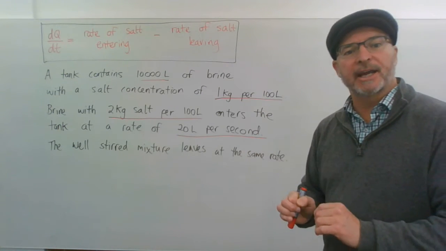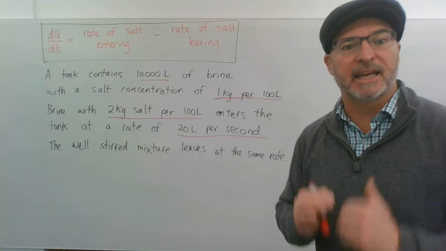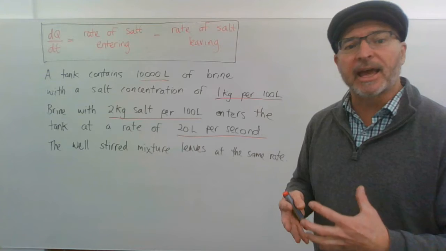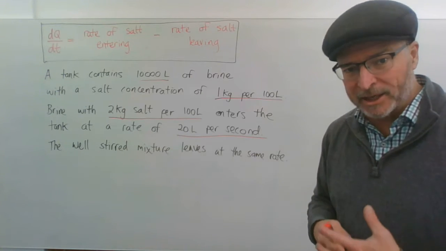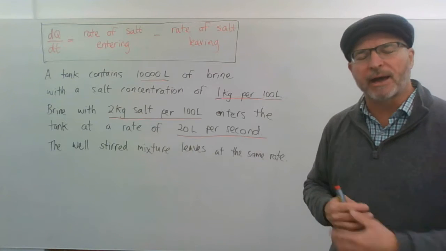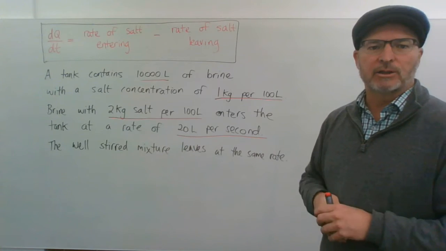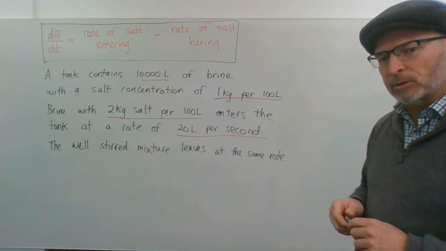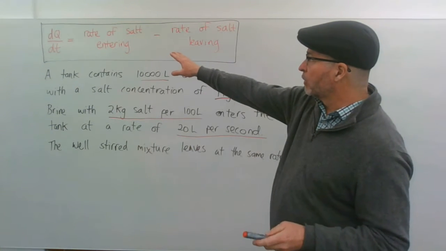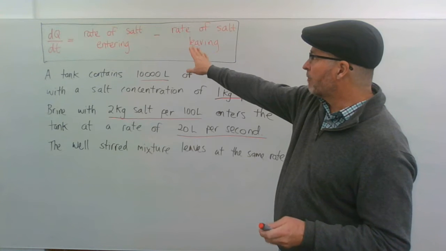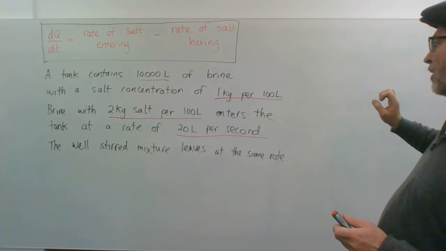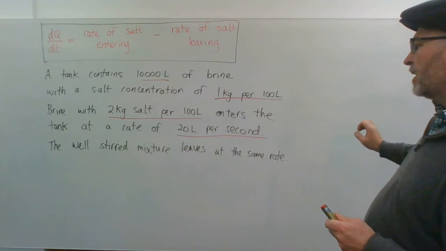So first of all, I need to find out what dQ/dt is, like the rate of change. The rates of change that are happening are going to then allow me to get a rate of change equation, which is a differential equation, and then I'll solve that rate of change equation to find what the quantity of salt is at any particular time. So I'm going to look at the rate of salt entering minus the rate of salt leaving. Okay, so all we've got here is